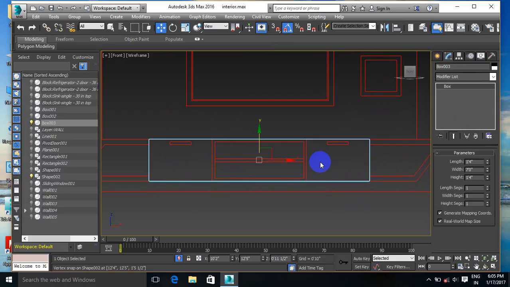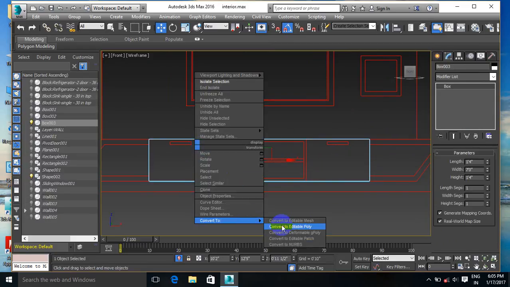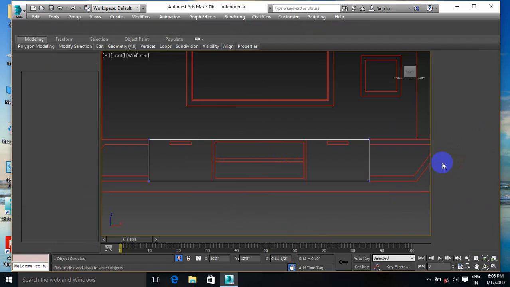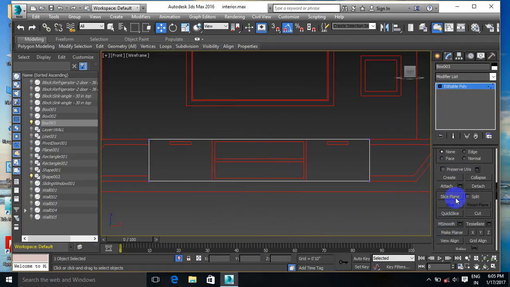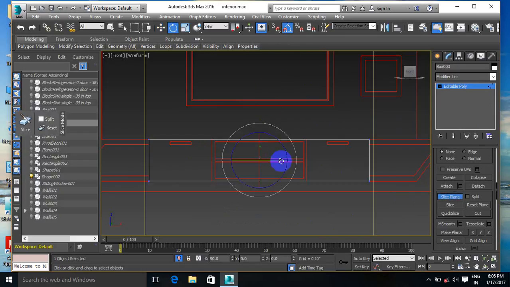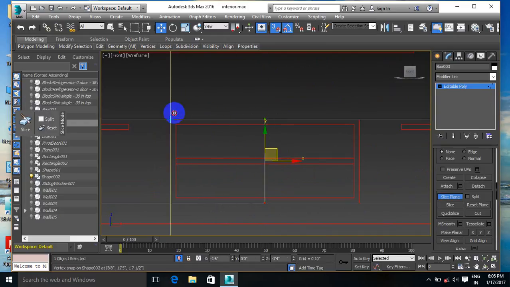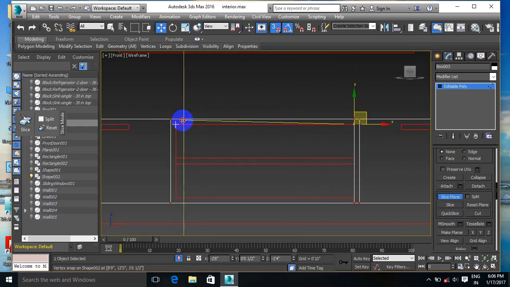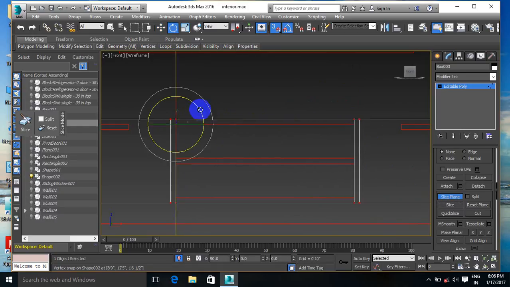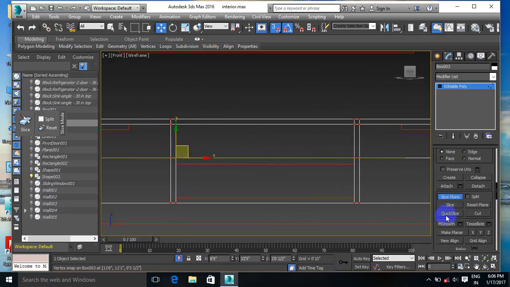Now if you have to make this slice, so now we will right click, we will convert it to editable poly. Now go for vertex, select the side plane. Now with angle snap, you will rotate this, and with the snap bring this up here. So once you get that, you slice it there. Again you get this here, you slice it. Now you get this here, you slice it. Again you get this plane here, you slice it. Now you will rotate this, you will slice this. Now you will move this here, slice it,